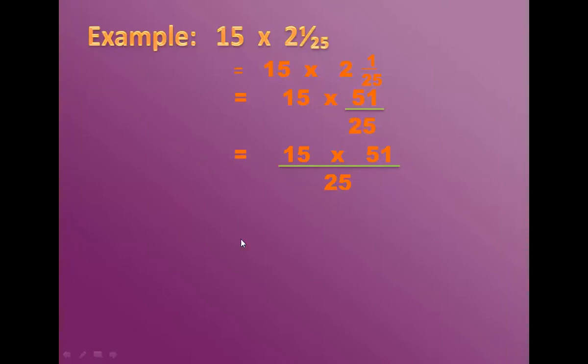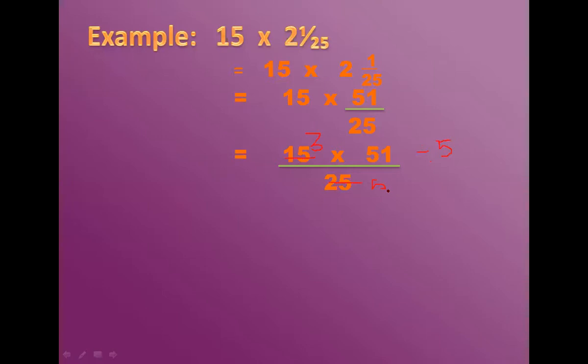Now here again, this is very simple. In the next step, you will reduce it. And how will you reduce it? Simply, you will divide one numerator by 5 and also one denominator. It's necessary that you divide a numerator with a denominator, one numerator and one denominator, it is a must. So here I am going to divide it by 5. So 5 multiplied by 3 is 15, and 5 multiplied by 5 is 25.